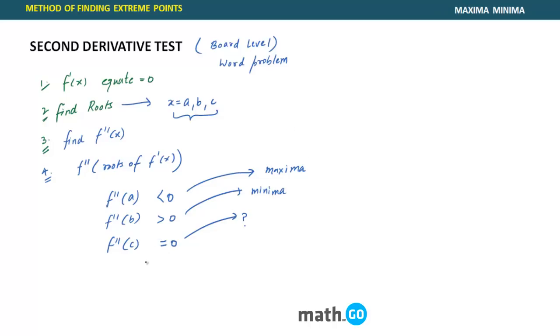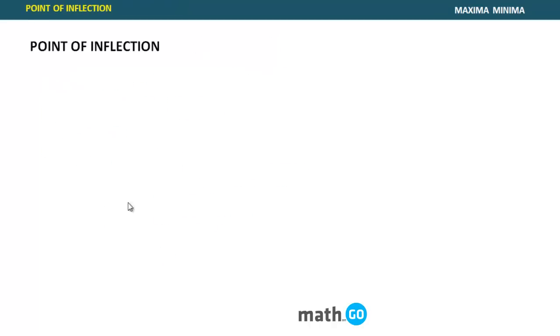Okay, now let's see what happens when your double derivative comes out to be 0. Yes, this is now called a point of inflection. So let me take a very basic diagram for you to understand the concept of a point of inflection. I have drawn the diagram of y equal to x cube here. Now let's start with the step process that we have done. I have taken y is equal to f x is equal to x cube. So what is f dash x? f dash x is